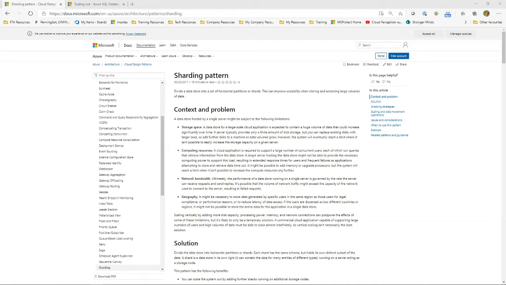Is that the pattern itself isn't new, but the way cloud is built and the way that cloud works is that we're able to use this pattern more often, because we don't have those same restrictions in terms of space, in terms of the amount of servers and machines that we have access to. We can go ahead and think bigger. So now those boundaries are a little bit different, and we see this pattern being used a little bit more here.